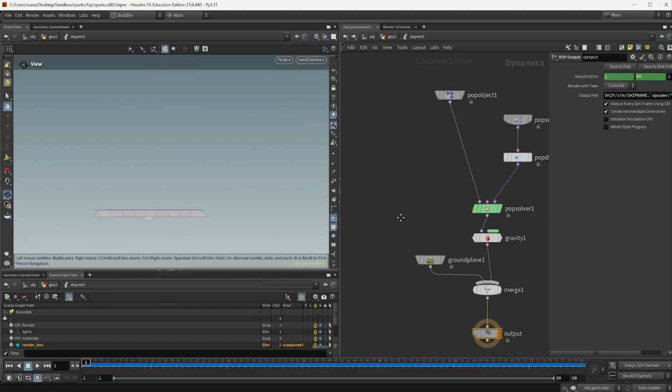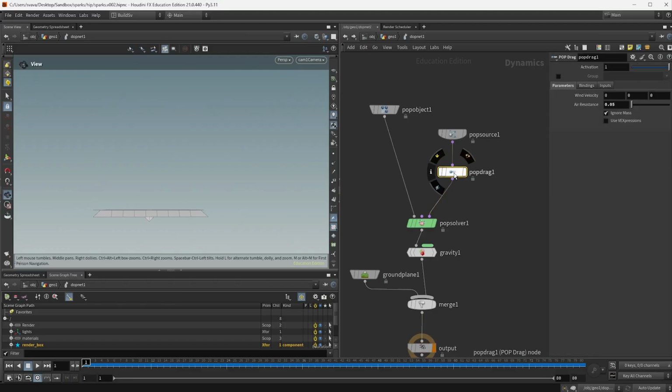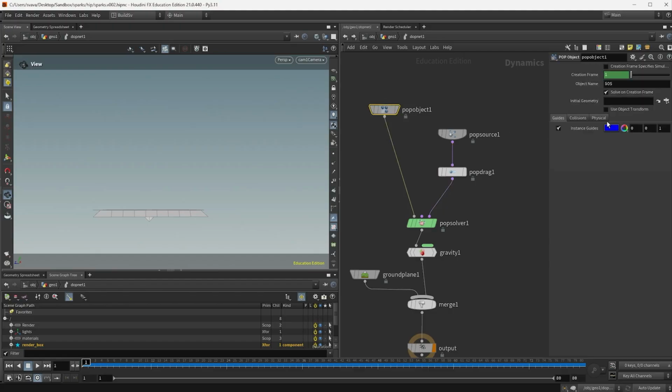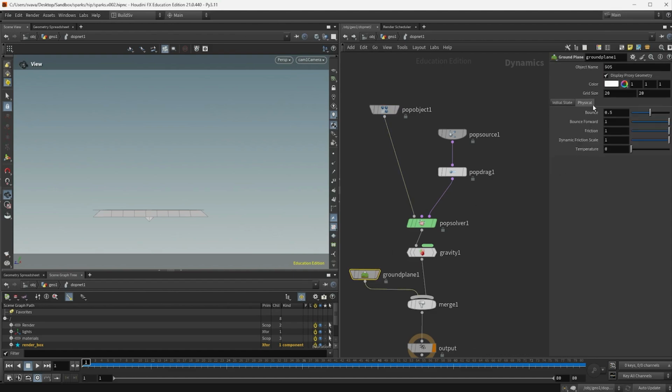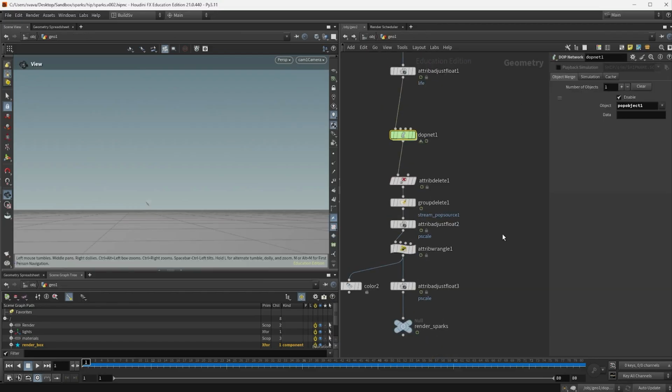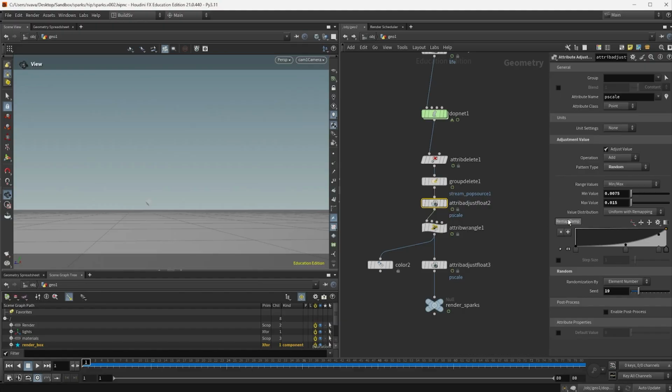Then inside of the pop network, maybe you want them to have a bit more drag, so more air resistance. Here you can choose if you want them to bounce more or how much friction you want the particles to have. And then also on the ground, you can set how much the particles should bounce on the ground and the friction as well. If you want to adjust the size, it's this node here, so minimum and maximum. And then to adjust the size throughout their life, that is this one.